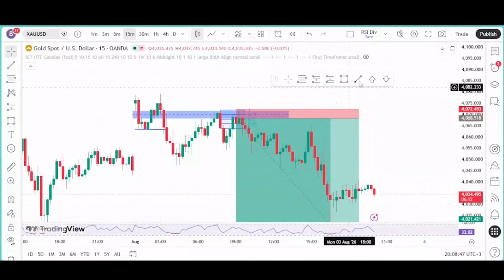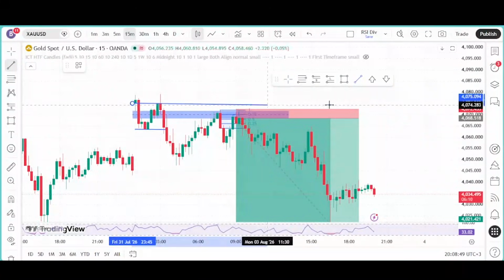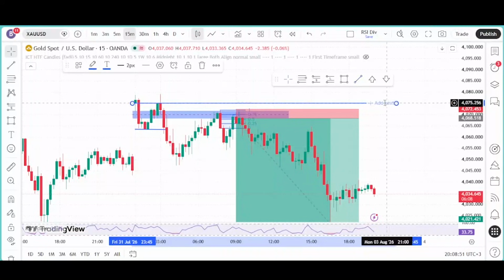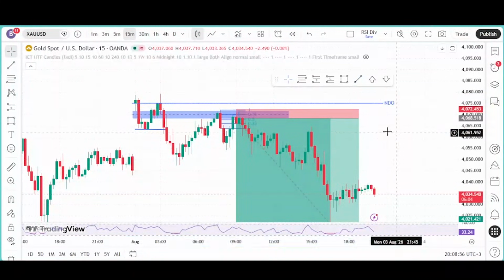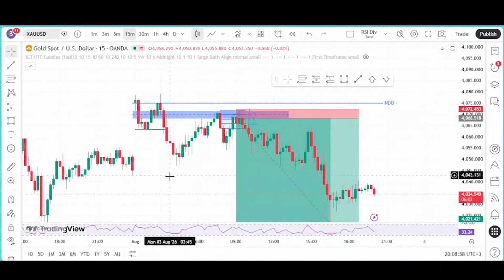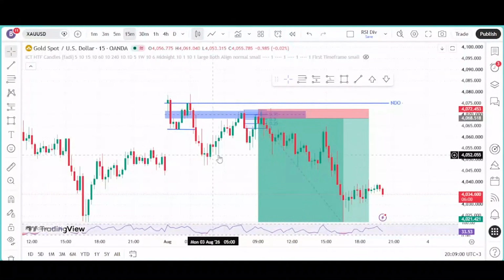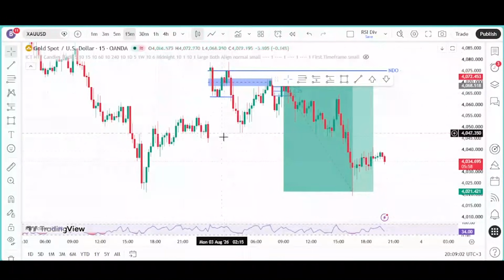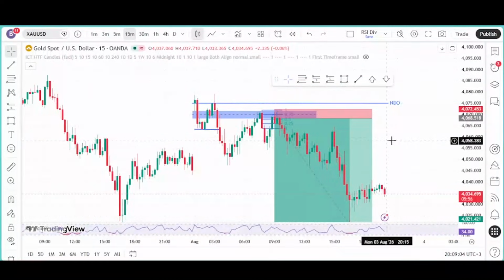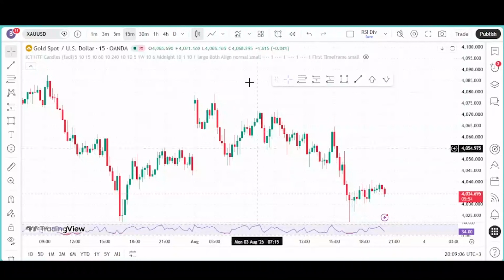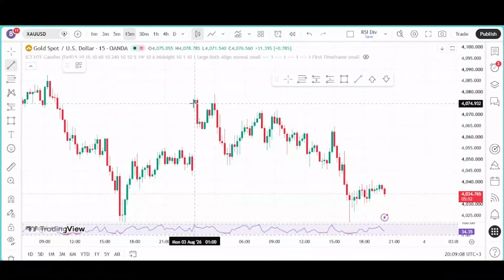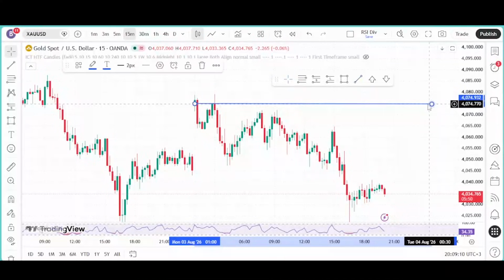Price opens here, and this is where price is opening. That forms the new day open level, and then we want price to go up and then come down and give us some sort of confirmation that we have a bearish bias. And you can see today is what we have. Let me clear these charts again so that we can just start afresh. So that is the new day open,